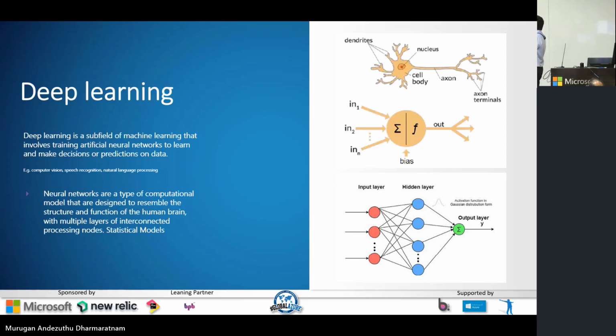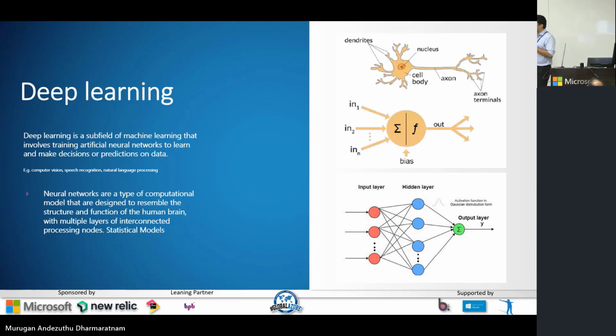So how a human brain works is you receive several sets of inputs using dendrites from different neurons. The dendrites are actually connected to different neurons, and axons are again connected to different sets of neurons. And what happens is the nucleus fires an output only once a threshold is reached. That means it does not fire all the time.